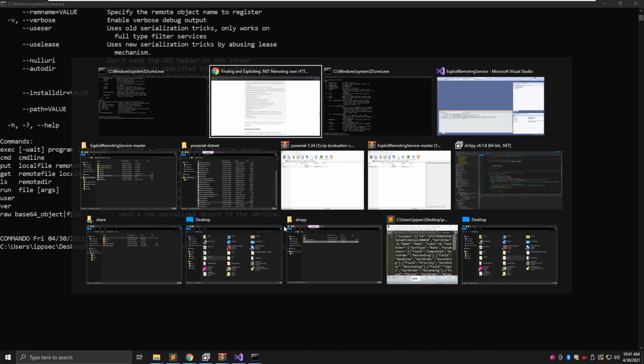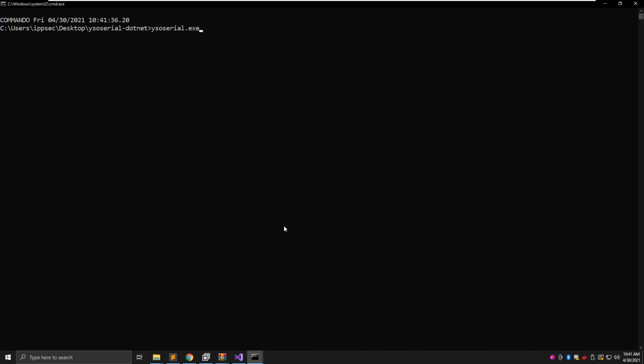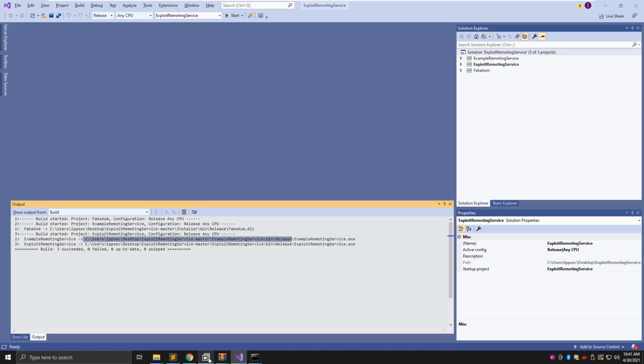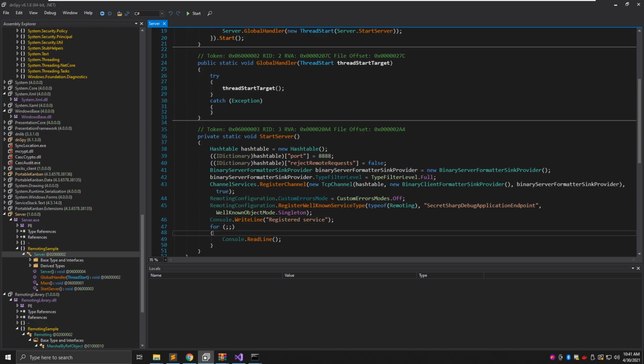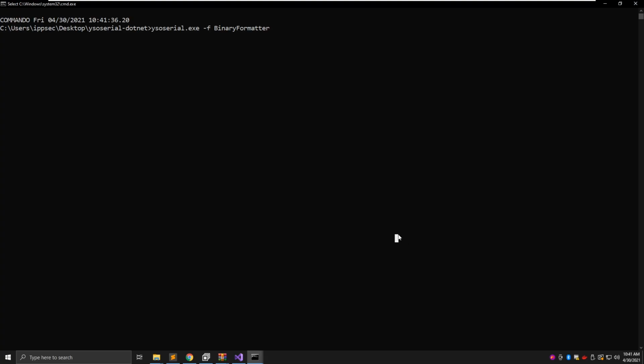Or delegate, no, which one? Pronunciation is hard. So ysoserial.exe -f BinaryFormatter. And again, if you look at the code as well, where's dnSpy? I think it's saying BinaryServerFormatter here. So -g TypeConfuseDelegate, that's how you spell it, -o, we want base64, so we can just copy and paste